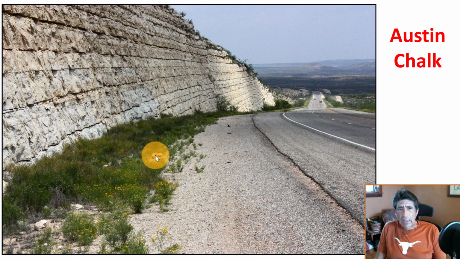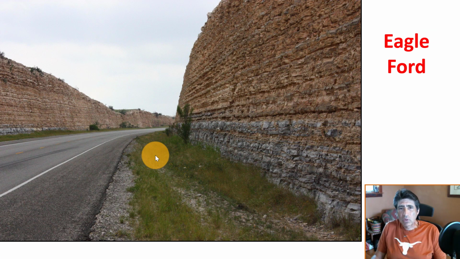And these are outcrops of the Austin Chalk, incredible piece of rock that also produces hydrocarbons in some sections of Texas. There are some locations between Austin and San Antonio that are actually producing in the Austin Chalk. Very prolific formation. And here is the Eagle Ford Formation. This is the upper Eagle Ford. And then we have the lower Eagle Ford. This is the lower Eagle Ford. This is where we have the presence of organic material.